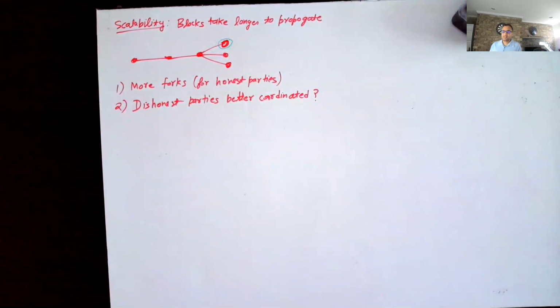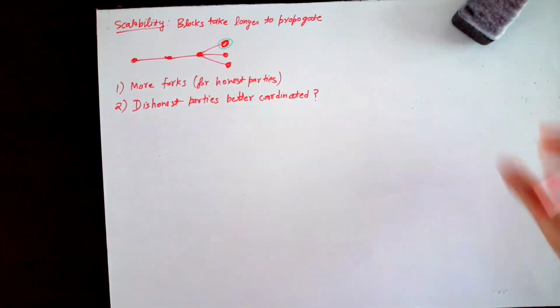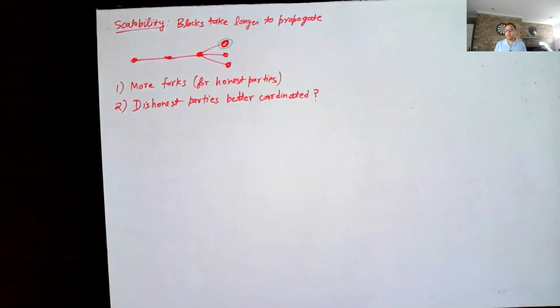So in that case, dishonest parties don't waste that much computing power. As soon as one of the dishonest parties is successful, they can very quickly signal to the other dishonest parties that you can stop mining here, and here's the next puzzle on which you start mining. And that's why,